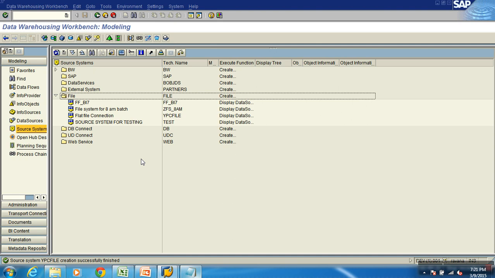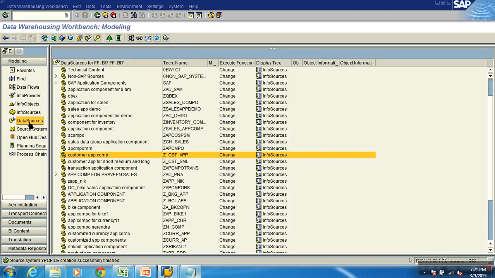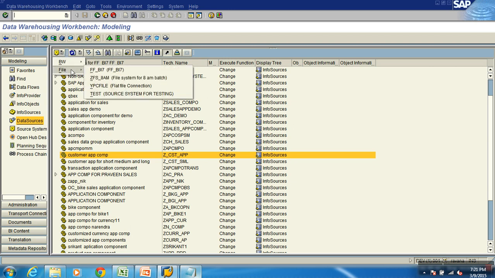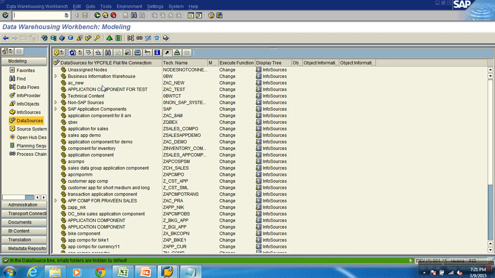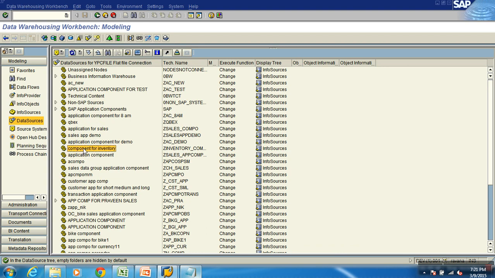Now the source I am using is a flat file, right? I go to my data sources. Note there is no space between them: data source, data sources. First I need to choose which source system connection I want to create the data source for. In the drop down I choose flat file, YPC file. You see these components are like folders.